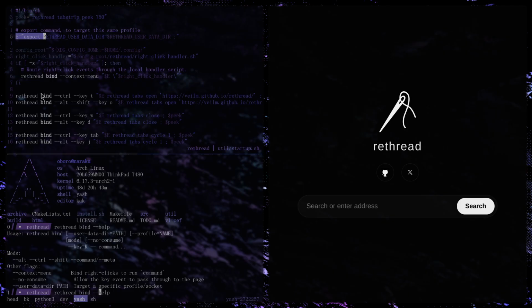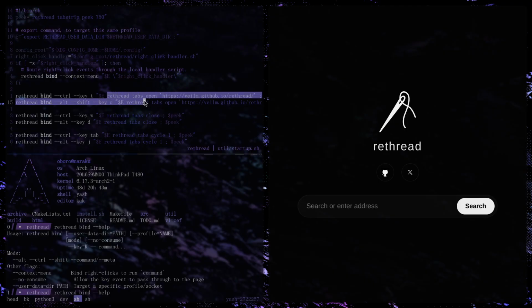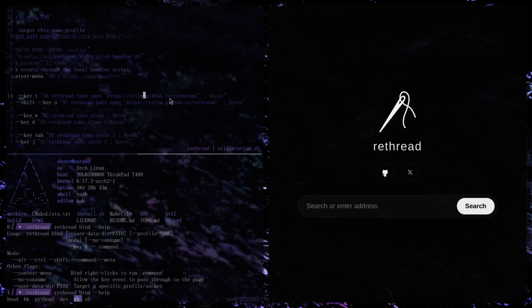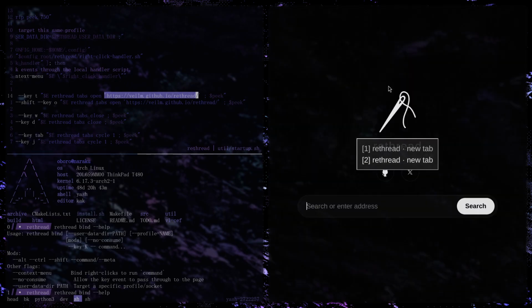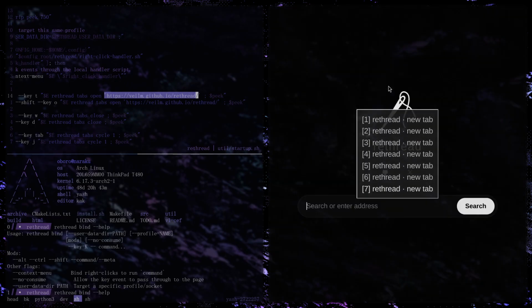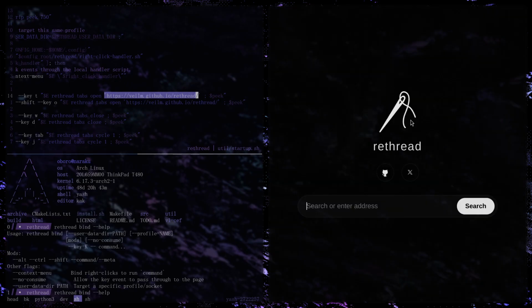So in this case it's running with Control and T, and then it runs the command rethread tabs open, which is just the generic way to open a tab, and then it's pointing it at this specific URL. So that's why when I press Control T, it's opening this same URL every time. If I had a different value here, then that's what would open. So this specific homepage